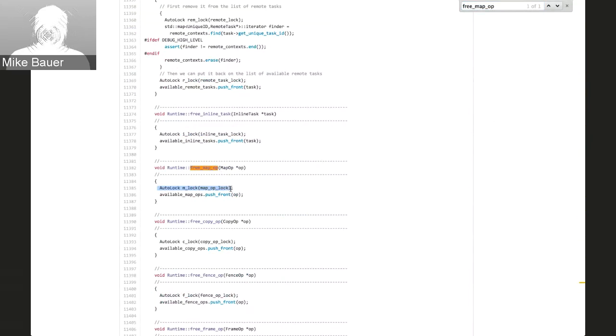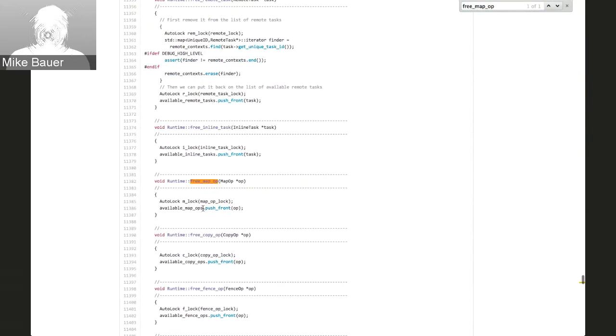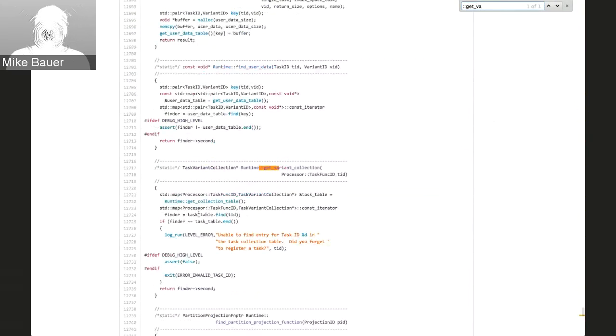We have a lock here that protects this available map ops, which is just a deque, a doubly ended queue. What we can do is take the lock that protects this queue, and then we push ourselves back onto the queue. Now, the other interesting call to look at is the corresponding call that pops operations off of this queue. So if we search for get available map op,